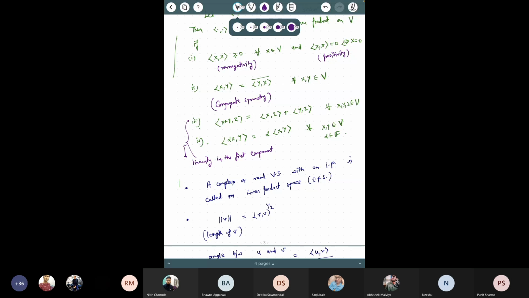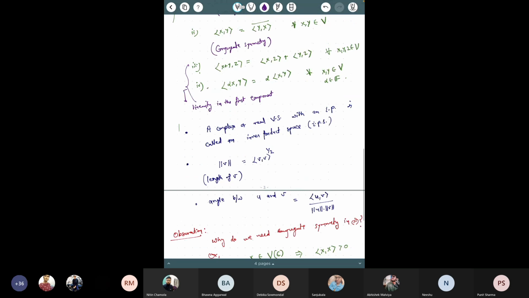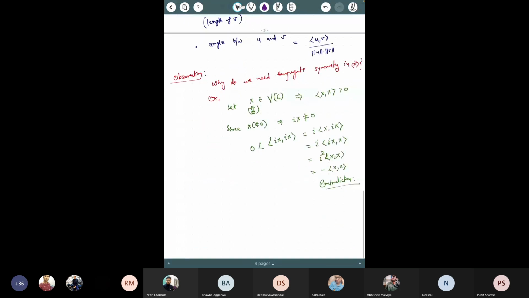Okay, so we cannot define such a function, so we need conjugate symmetry in the second property. Also, you can make this observation, the second one. So let us call this first one. The second observation is that if I look at the inner product of x with alpha times y plus z, where alpha is a scalar and x, y, z are vectors in V,